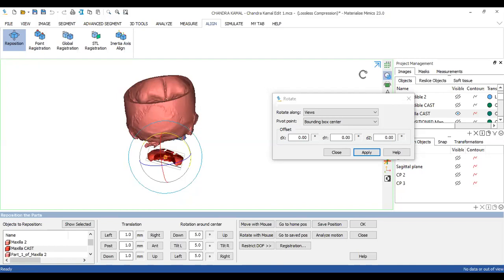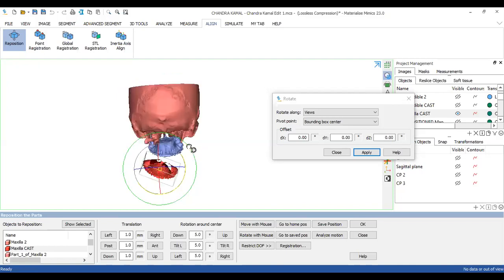Right? So I'm just changing the view so I understand how my maxillary cast looks for each position. I'm changing the views continuously for that reason. So now this is almost similar, it's just that the displacement is there. To match the displacement between the bone and the cast, I'm going to click on OK and close this window.